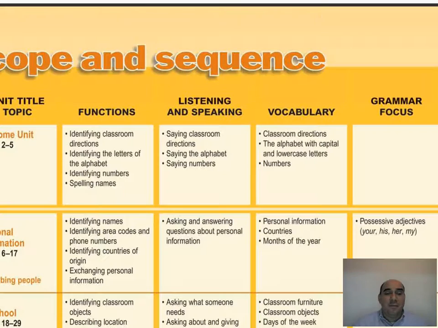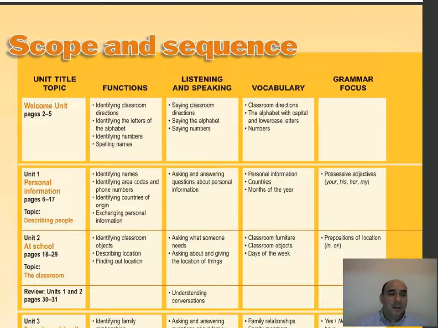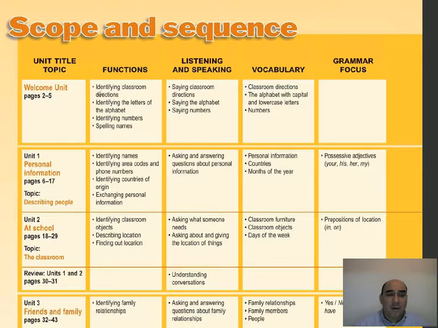Here's an example from a place called Ventures Basic. Let me try to bring this down a little more. There we go. And you can see from this example that we have a welcome unit, and we have a bunch of functions that are listening and speaking skills, vocabulary, and a grammar focus, right? And so this is